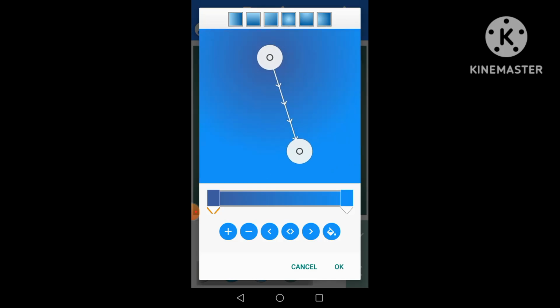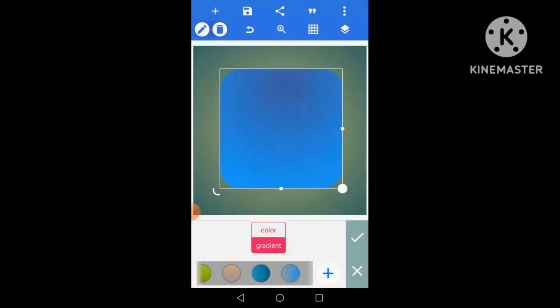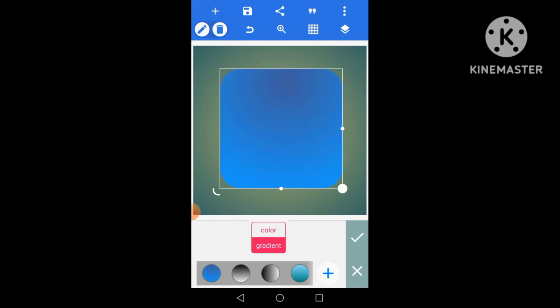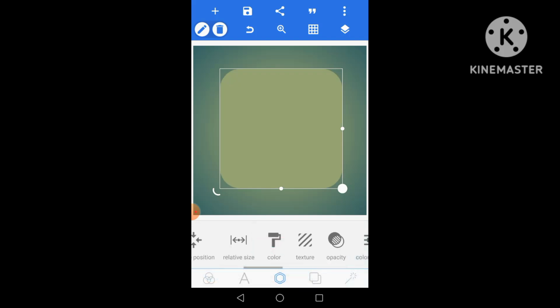So you can just play around. This is an experiment. I don't think you really understand if you don't play around. When you start to design, it will be much clearer to you. So just get used to the gradients. It's nice. But for the sake of this tutorial, because it's not going to be nice to use gradients, I'm just going to cancel this. Let's go back to our normal shapes,